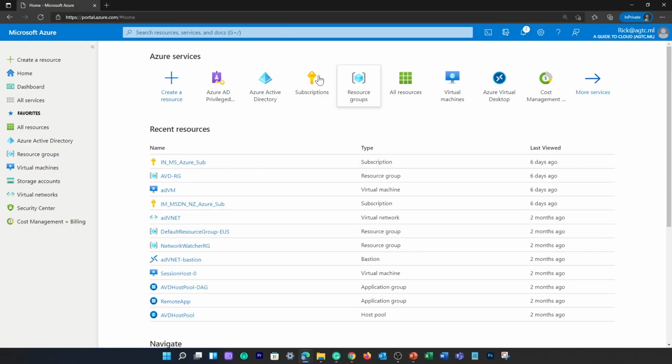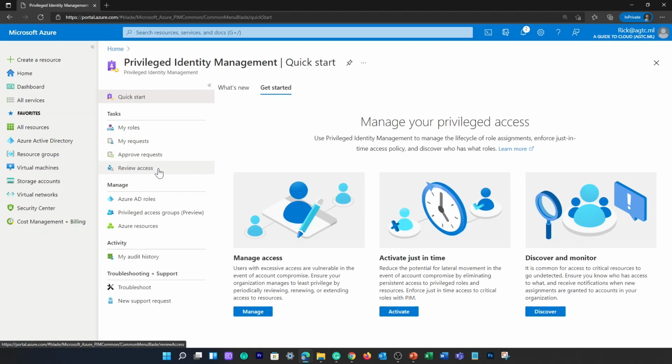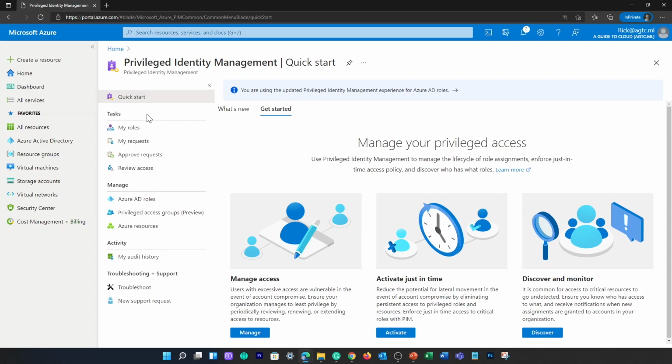Let me quickly show you where you can find privileged identity management. I'm on my Azure portal. You can go to the search box and type in Azure AD Privileged Identity Management and select that. So this is where you would be able to create your roles. You can see your request and approval request. I'm not going to go into detail about how you can set up PIM. I think I have done a couple of videos in AZ-500 and AZ-104 explaining the steps of how you can set up privileged identity management. So please go and check those videos.